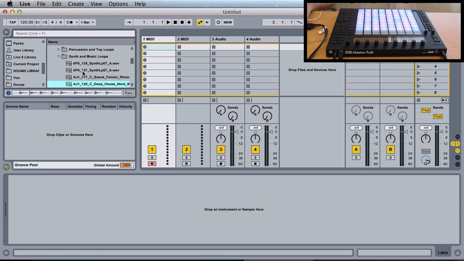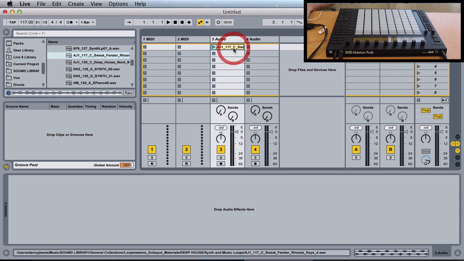Now I'm a big fan of the Rhodes, so it's very likely for me to dive into something like that. Now at the moment I'm not even considering the musical key, I'm just listening for something that I like the sound of. Okay, now I'm gravitating towards this, so I'm just going to drag it on,